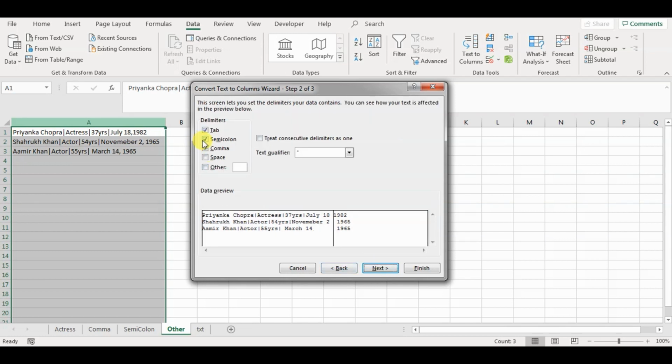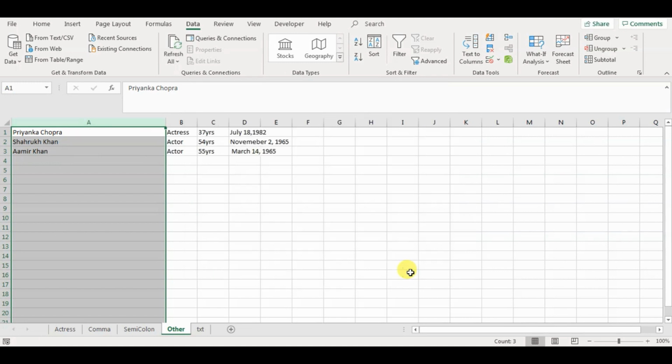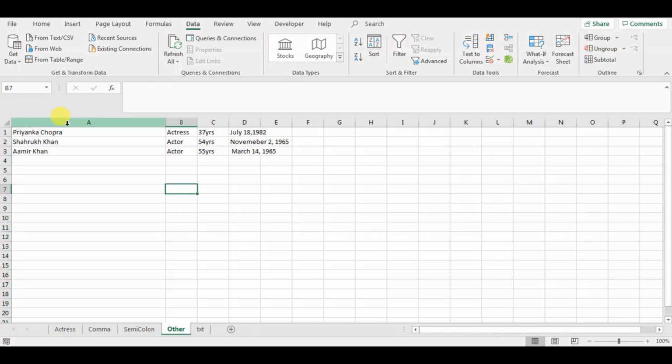Now instead of using semicolon or comma, I'm going to use other and I'm going to insert a pipe because in this case there are pipes, and you can see the preview. So the names would be different, their professions would be different, their age would be different and their birth date would be in a different column, segregated differently. Press finish. And you can see all the data are divided or split accordingly to the pipes inserted before them.